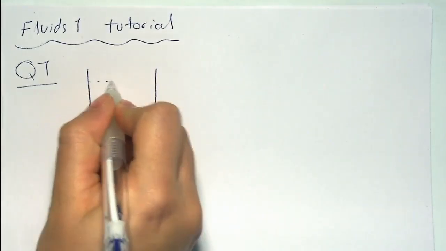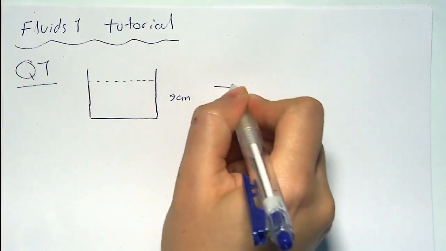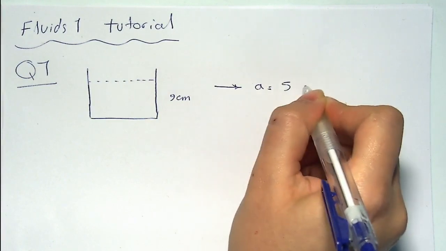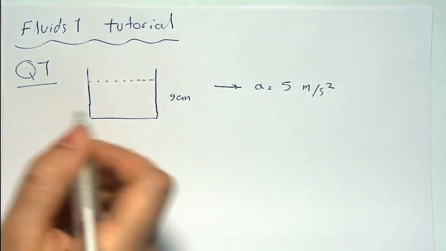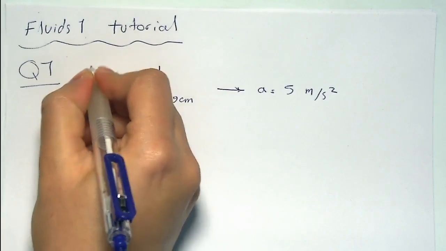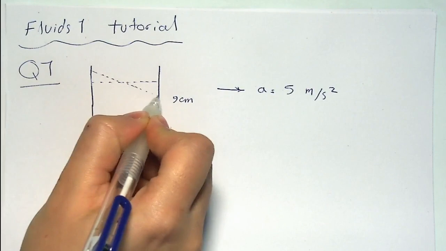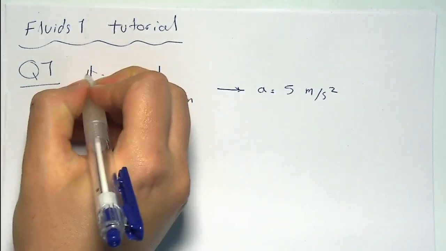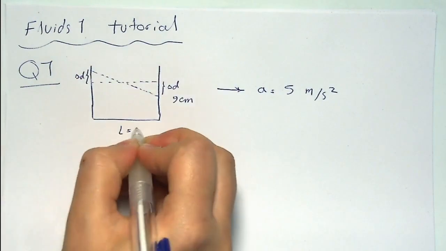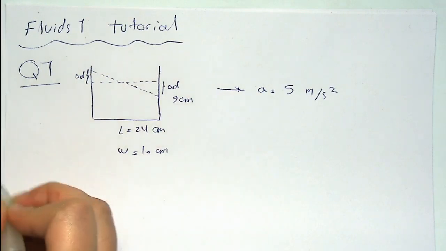Okay, so the first question is a tank of water. It initially has water inside the tank with a height of 9 centimeter, and then you move it to the right hand side with an acceleration equal to 5 meter per square second. Because of this acceleration, now the free surface of the water is no longer horizontal, but it has a deviation like this. And we know that the distance here is equal to the distance here. The L is 24 centimeter, the width of this tank is 10 centimeter, and you are asked to,